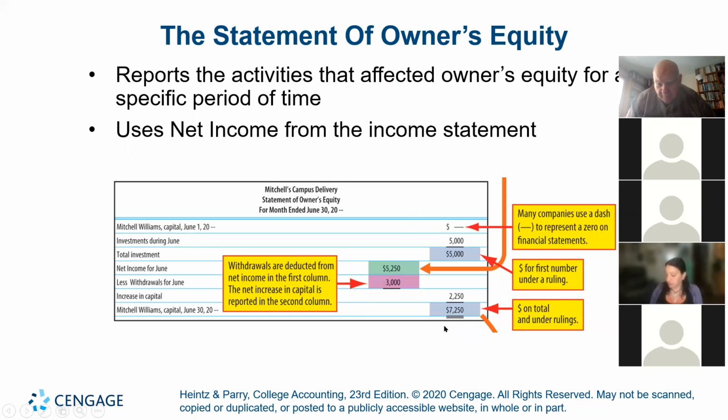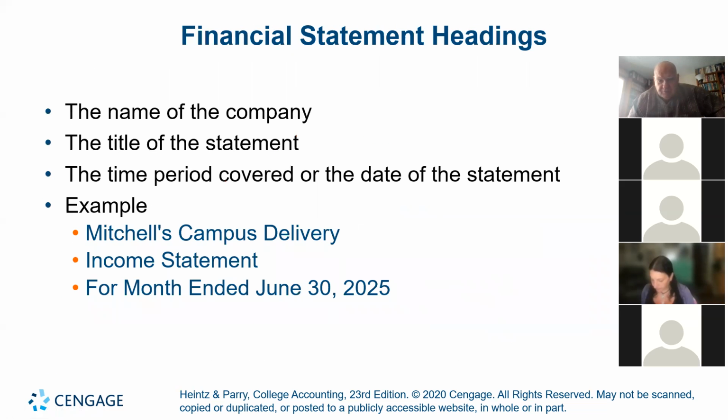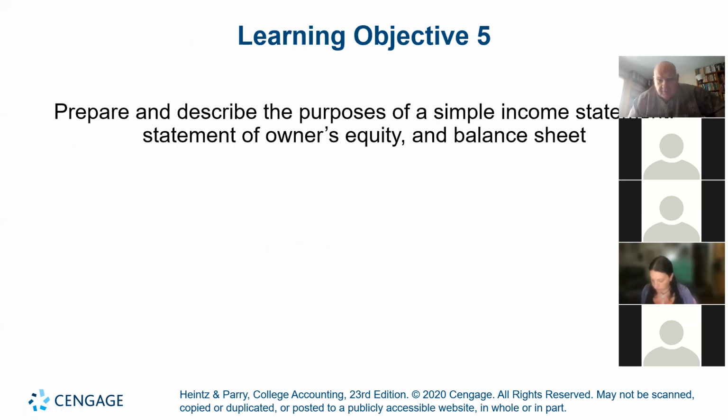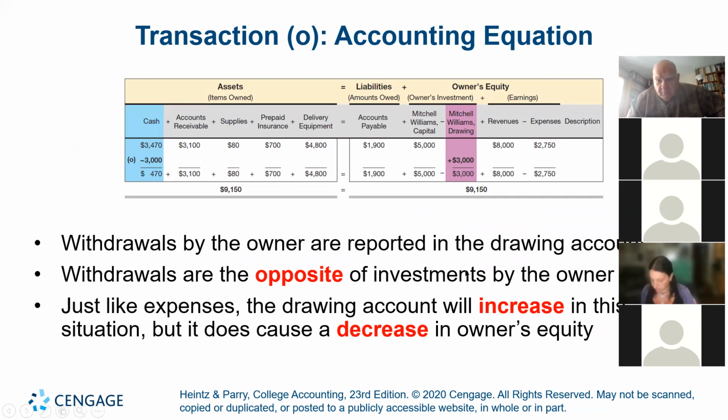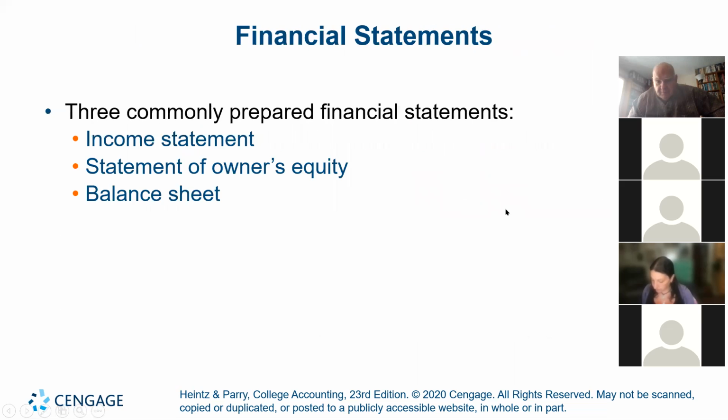Equity at the end of the period is $7,250. Okay, so let's take a look at that. You had the original investment, plus the income, minus the drawing. And again, that comes right out of the accounting equation. Here it is right here: 5,000 at the beginning, plus revenues of 8,000 minus 2,750 gave us that remarkable 5,250 in income, minus the 3,000 gets us down to